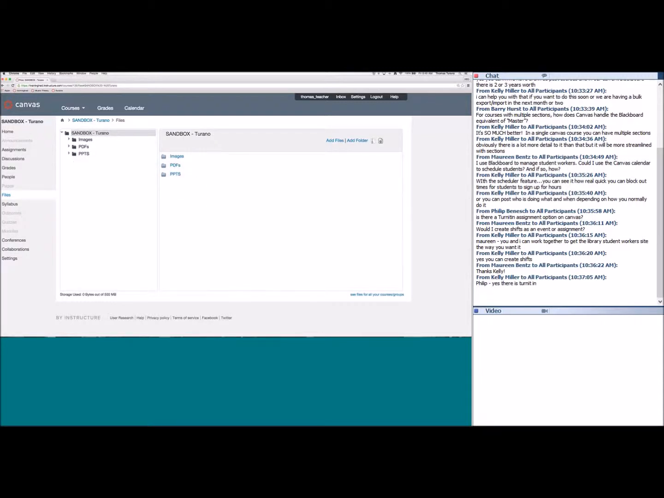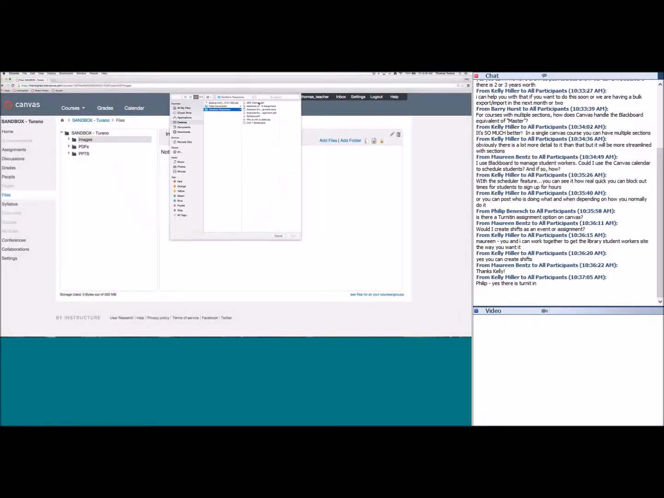Something to note is that this left-hand side actually controls this right-hand side. So whatever I have selected on the left-hand side will open up on the right-hand side. So if I click on PDFs folder over here on the left, that PDFs folder will open up on the right-hand side. If I wanted to add additional files, I can just choose Add Files, and then again select them from my